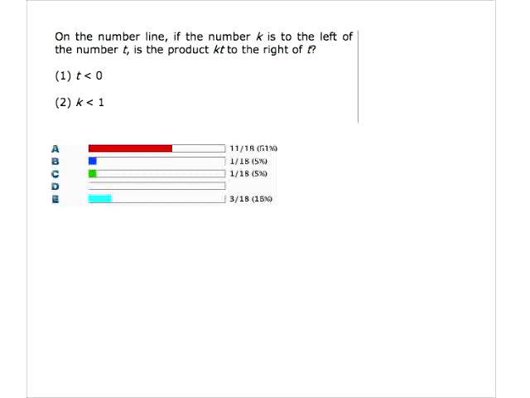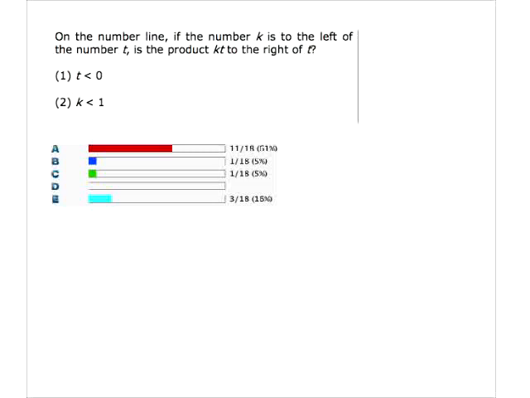One gentleman asked in the text box, would this classify as coordinate geometry? I would say no, because I would reserve that label for two-dimensional problems, like in the XY plane. Number line problems and coordinate geometry problems really don't have anything to do with each other. Coordinate geometry problems deal with slopes and intercepts and all this other stuff. On a number line, there's no such thing as a slope or an intercept, because you have to have two dimensions to have those things. So the skill set's totally different, and as such, I wouldn't use the same label.